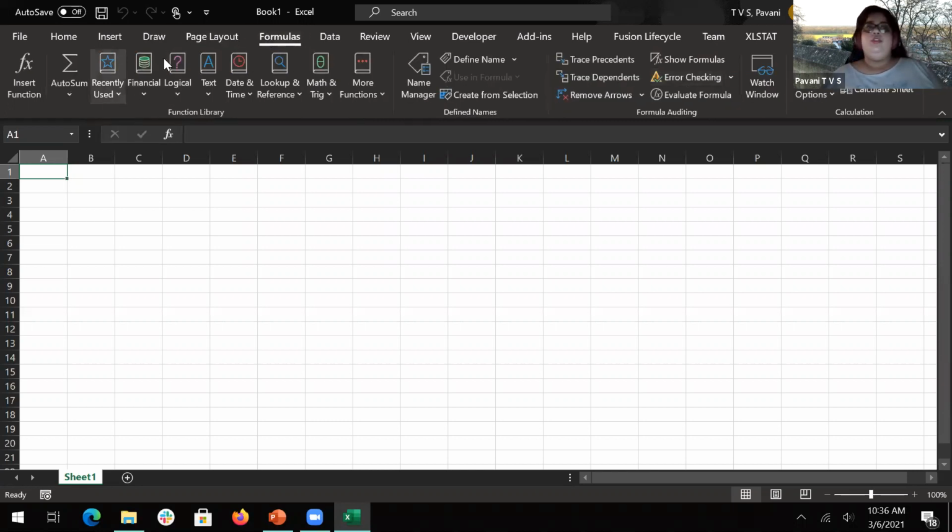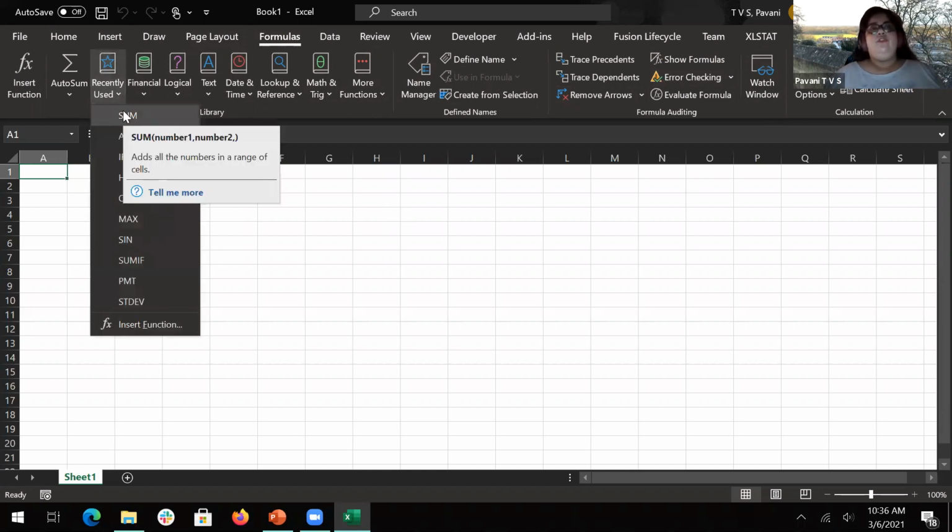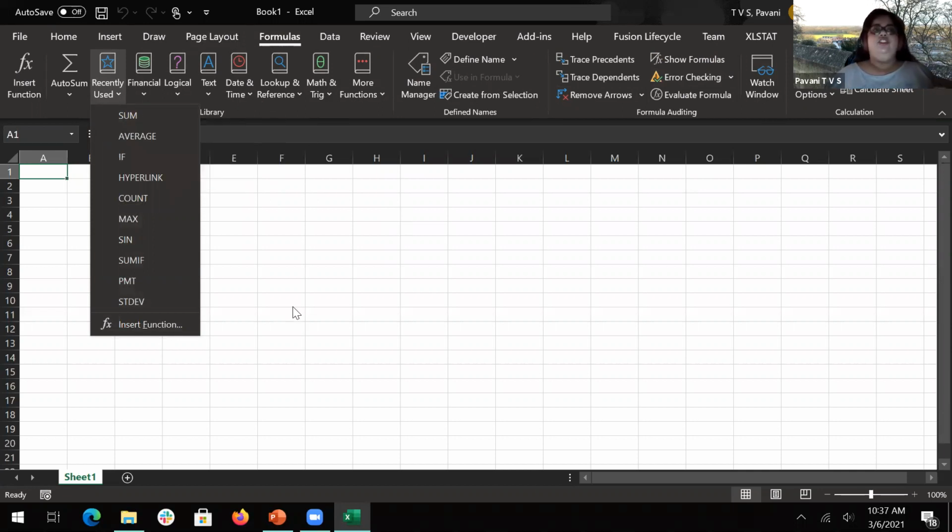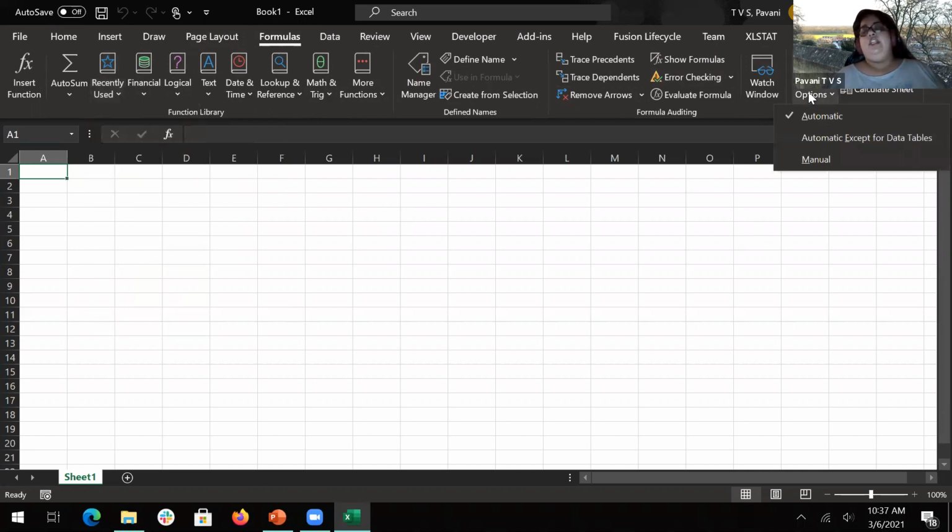And this is one more important section which I would like you guys to check, because there are a lot of functions. If you highlight on each function, you'll come to know what exactly that function does. So if you have any question on a particular function, you can just go ahead and check here. And calculation options are very important. Sometimes you see that calculations are not happening. Why is it not happening? That might be because the sheet might have been set to manual.